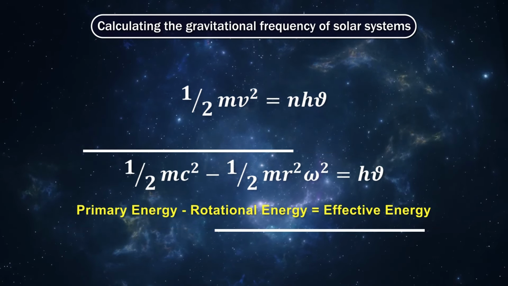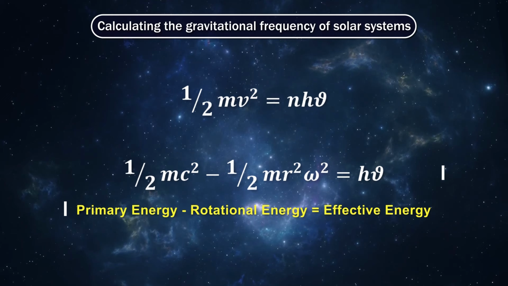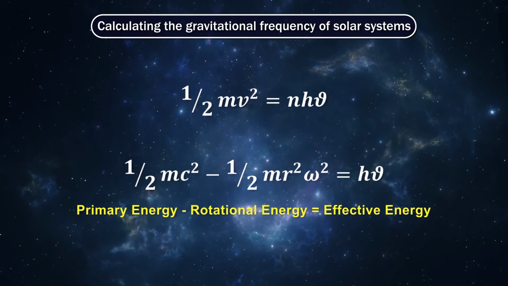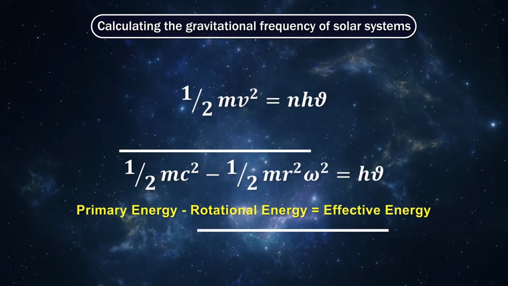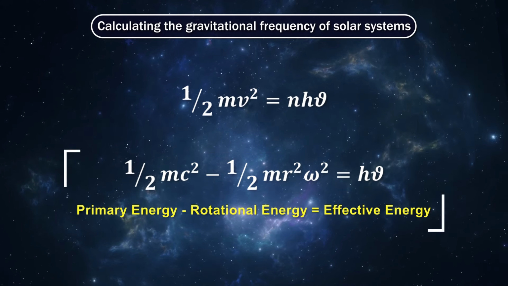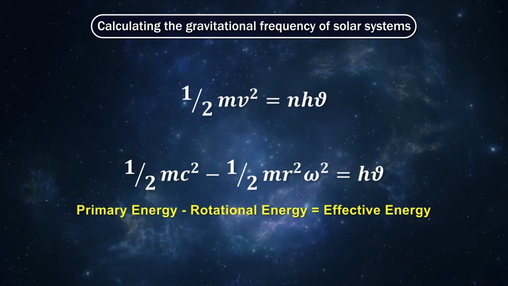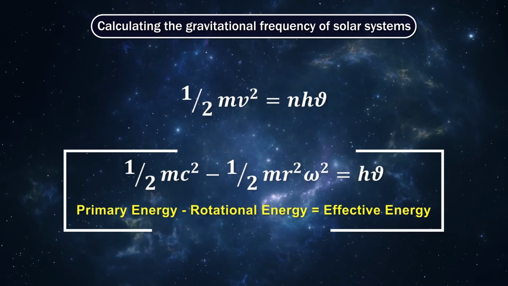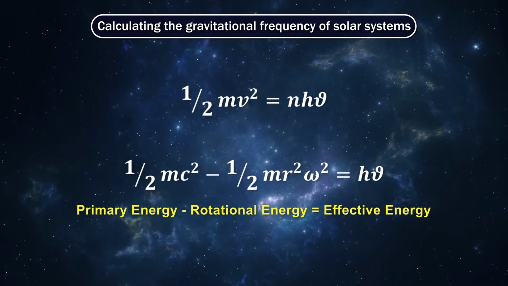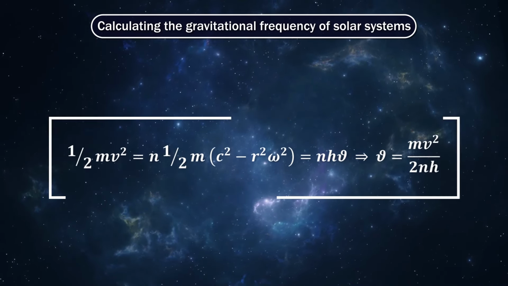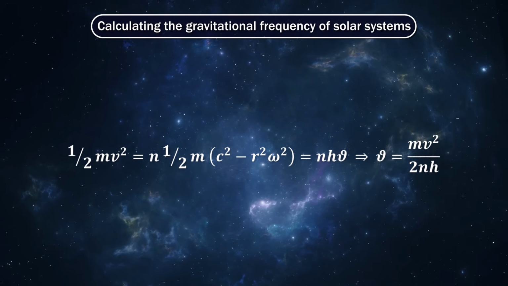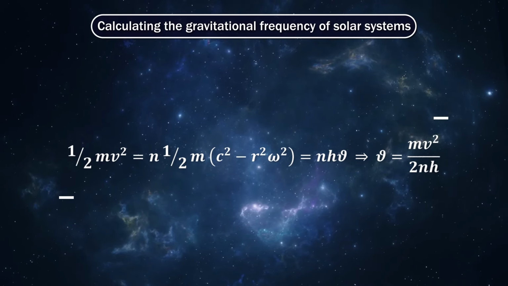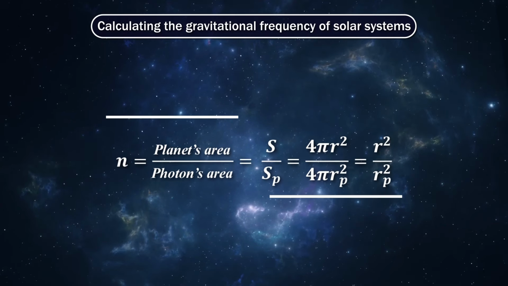Note, according to the calculated energy of the photons, which is primary energy minus rotational energy equal to effective energy, which has been proven as a formula for energy of photon and electromagnetic waves, and its paper has been published and distributed before. The relationship between the energy of a planet and electromagnetic waves is where n is the number of force lines passing through the surface of the sphere, so we have